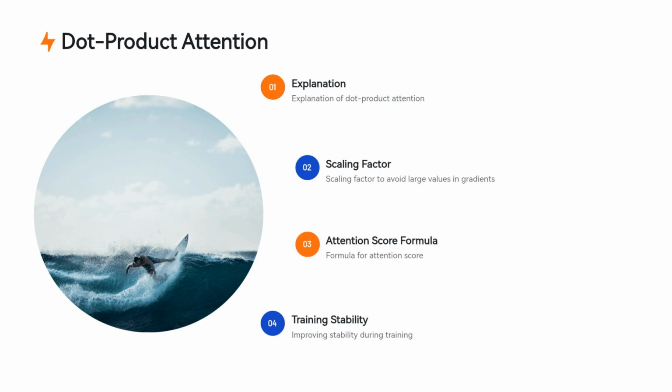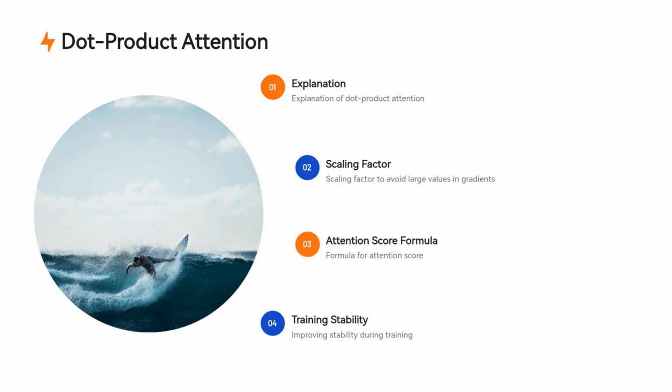The formula for the attention score becomes Attention(Q, K, V) = softmax(QK^T / sqrt(d_k)) V. This scaling factor ensures that the gradients are more stable and that the model can train more effectively. After the scaling, the result is passed through a softmax function to obtain a probability distribution, which is then used to weight the value V vectors. This self-attention mechanism is crucial for enabling the transformer to capture the relationships between words at various distances in the